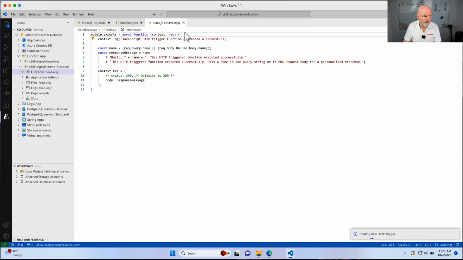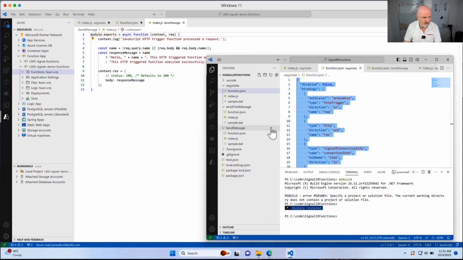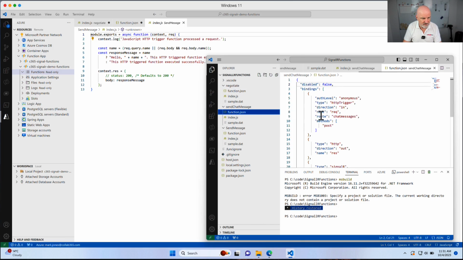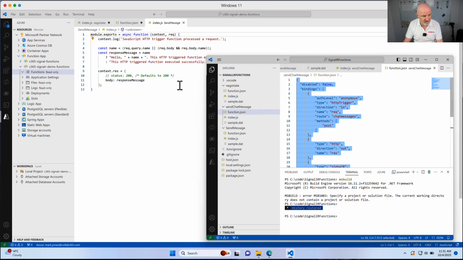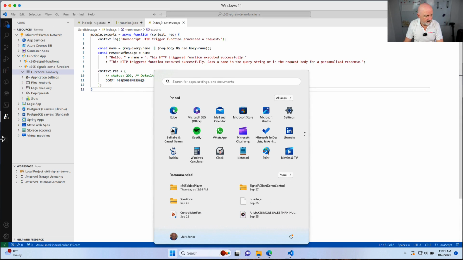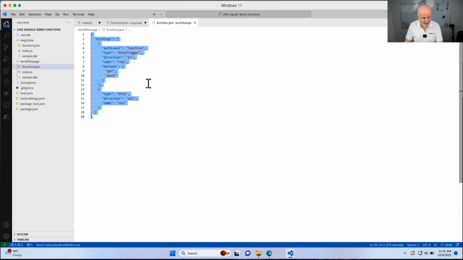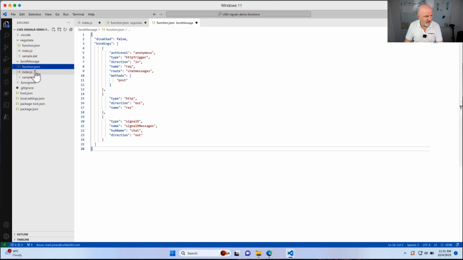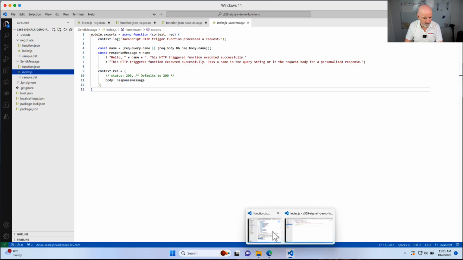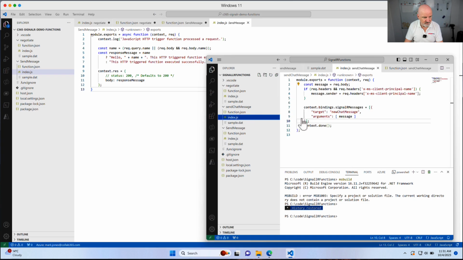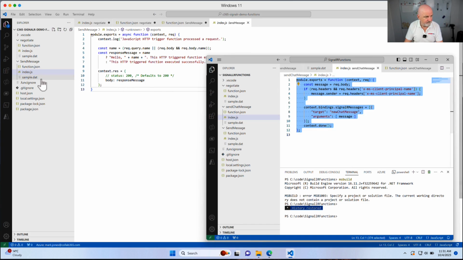And function, and that's perfect. Now I'm going to go send message, function.json, and I'm going to go to my code here. Function JSON, I'm going to Control V that, and then I want the index from my copied version, which is that. Control C,